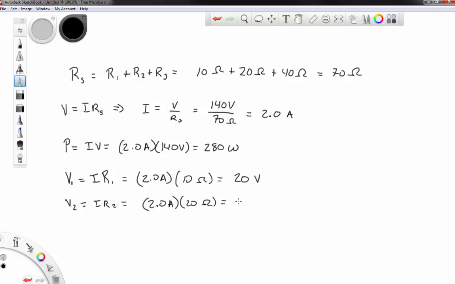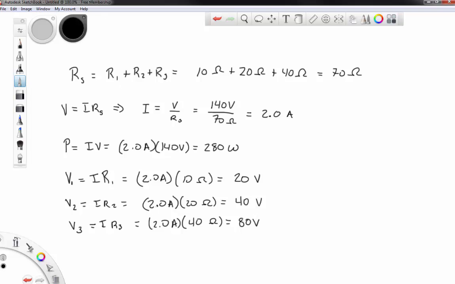Again, if you need your calculator, go for it. So 2 times 20 should give us 40 volts. For the third one, we use I times R3, and so that is 2.0 amps times 40 ohms. So if you need your calculator to get 2 times 40, go for it. But you should come up with